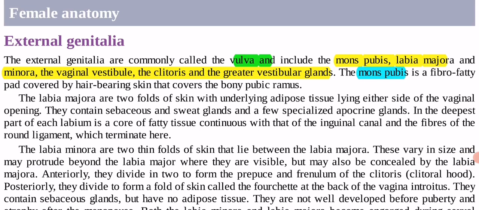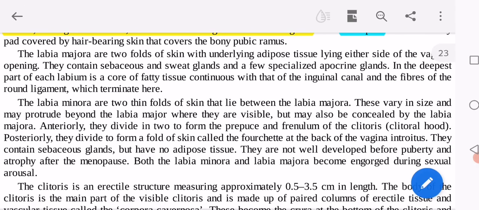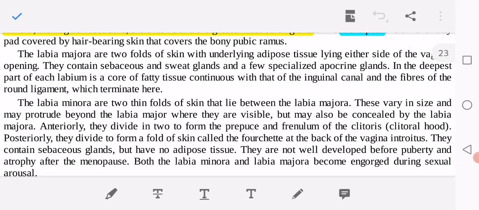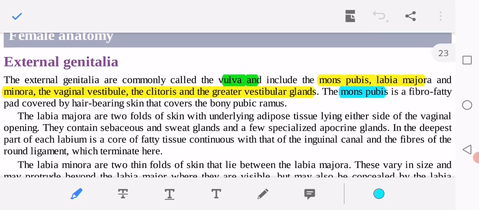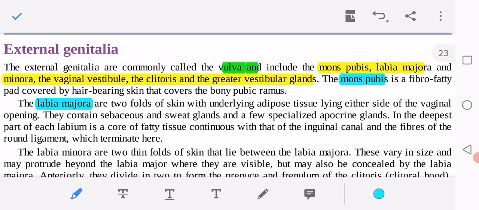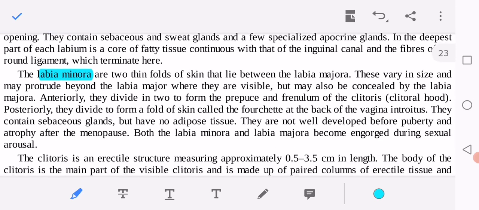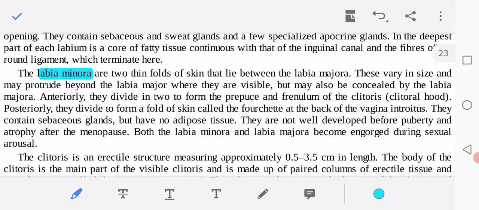Okay, what about the labia minora? This is about this thing. Okay, side by side we will highlight this. This is the labia majora, and now the labia minora. Labia minora are the two thin folds of the skin that lie between the labia majora, and these vary in size and may protrude beyond the labia majora, where they are visible but may also be concealed by the labia majora. Anteriorly, they divide into two forms to form the prepuce and frenulum of the clitoris, यानी कि क्लाइटोरल हुड